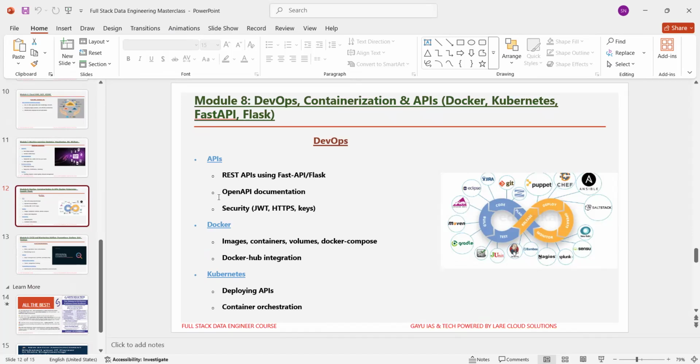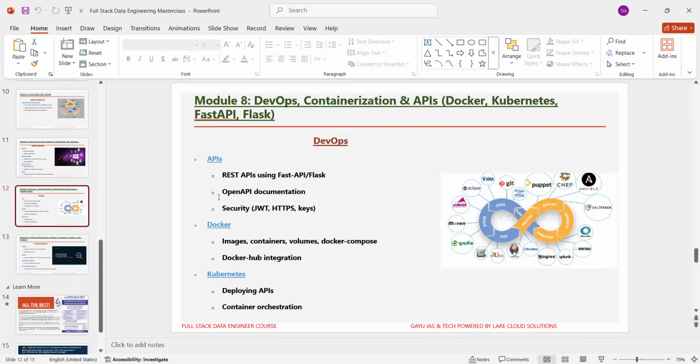First, you are going to learn about DevOps and API development, that is, building RESTful APIs with FastAPI and Flask. Later, you will learn about OpenAPI auto-generated documentation and implementing security using JWT tokens, HTTPS, and API keys.